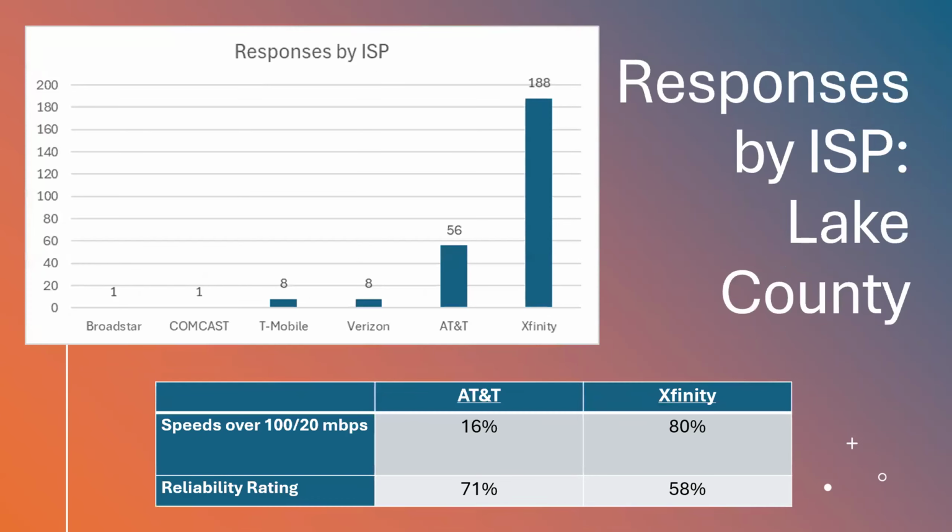So we've got that, and Lake County similarly is unique in that it's a highly populated county with not a lot of choices. And here's how they stack up. Those speeds really aren't there for AT&T, and that reliability is really hit or miss for Xfinity. So overall, what are your great options? None. I am curious to see what's going to happen with Lake County, and I know that RCG has some good leads for them as well in terms of considerations and strategies.